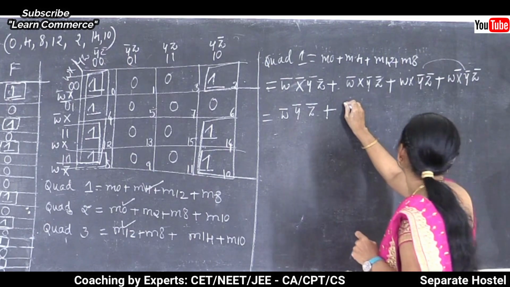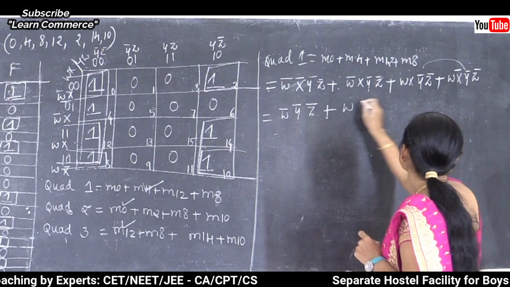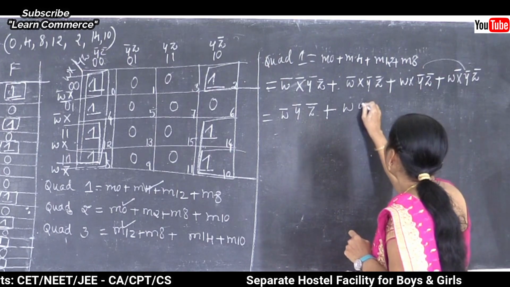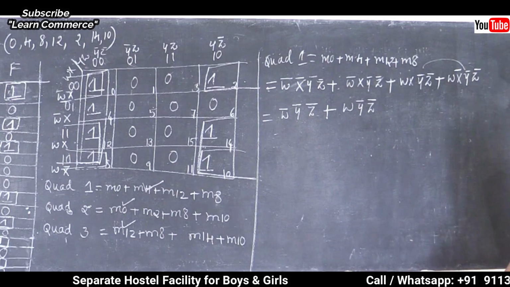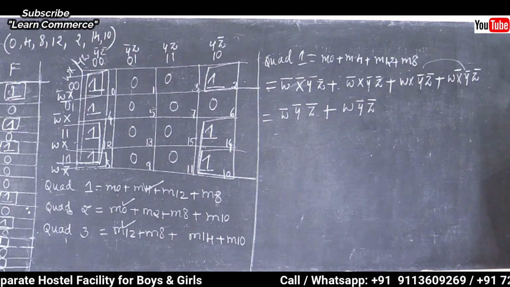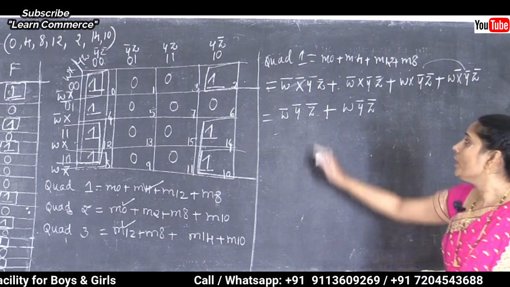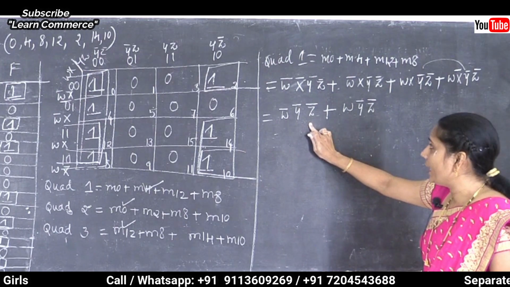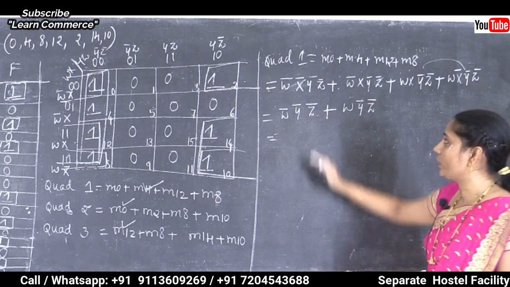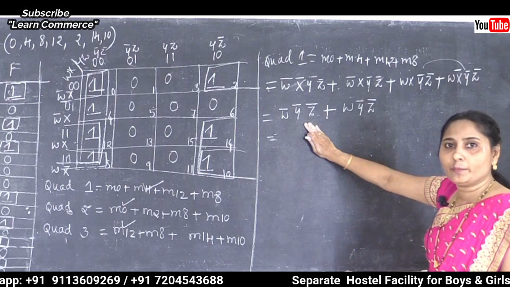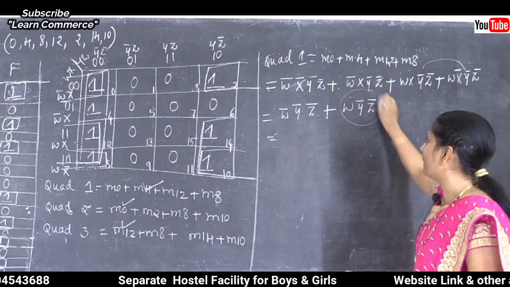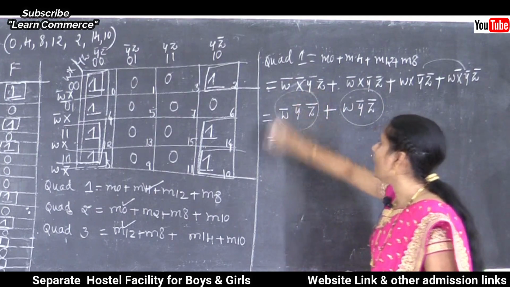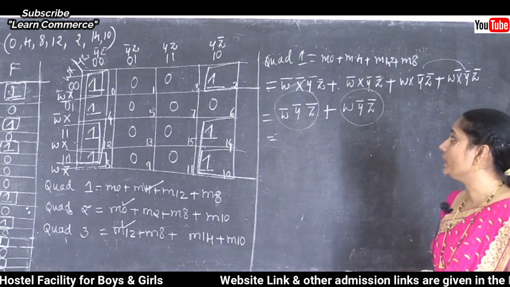The comparison is W, and later the next one, X also. Here we need to remove complement Y and complement Z. There are no changes, so we need to take the expression as a result. Clear this point here? After that, again we need to make the comparison of whatever the result is in between first and second, third and fourth. This is the third and fourth result, and this one is the first and second expression result here.